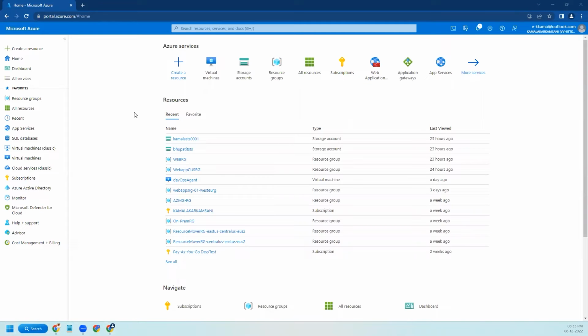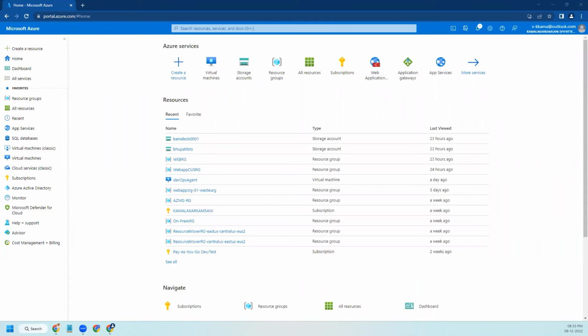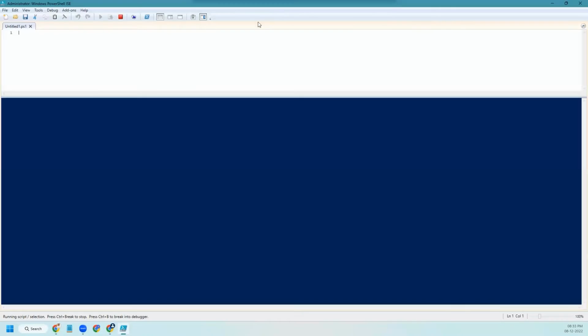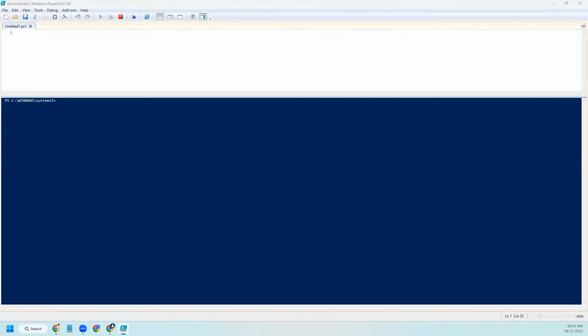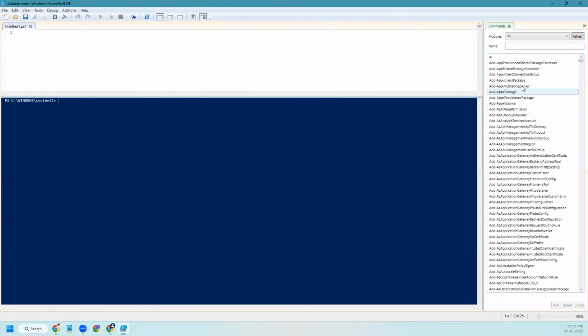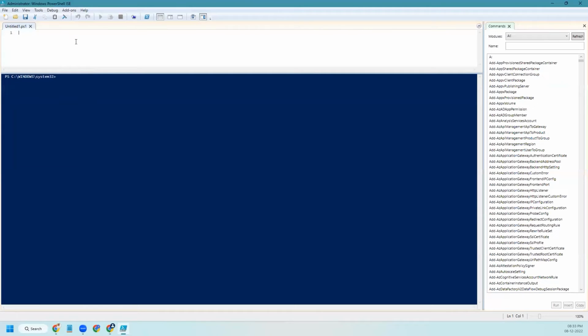Okay, great. So we need to launch the PowerShell ISE in administrator mode first. I'm going to bring it up here. This is PowerShell ISE, opened with administrator rights. So for the first time, if you don't have Azure modules installed, as I said yesterday, you have to use the command